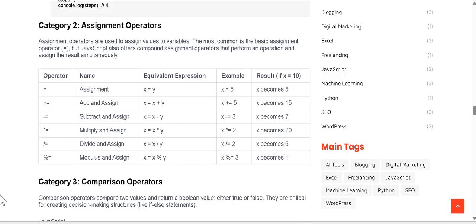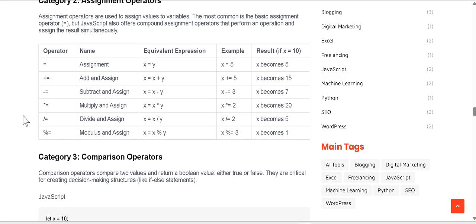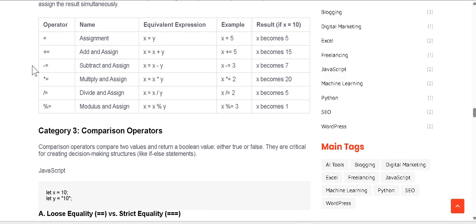If x equals 10, result equals. Assignment, x equals y, x equals 5, x becomes 5. Plus equals. Add and assign, x equals x plus y, x plus equals 5, x becomes 15. Minus equals. Subtract and assign, x equals x minus y, x minus equals 3, x becomes 7. Multiply and assign, x equals x asterisk y, x asterisk equals 2,